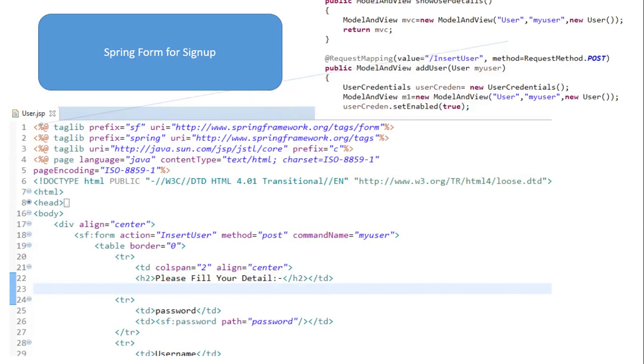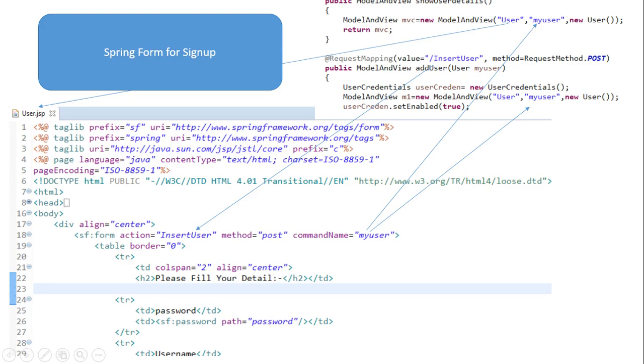Finally it goes for the password by using the annotation from the JSP file. You are already aware of form action in servlet, so you can understand it very well. Otherwise, you can use form action for insert user as a hyperlink when the user submits the data after filling the sign up form.